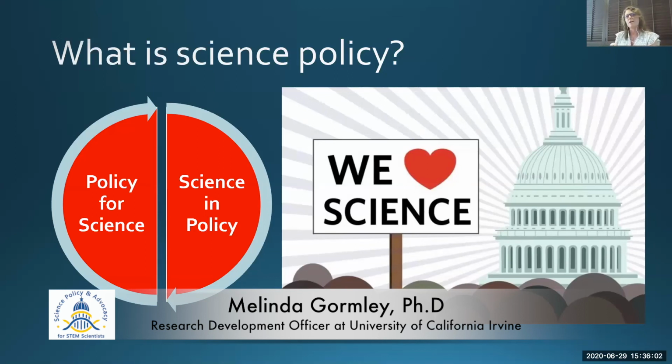Science in policy, the other side of it, this is where a lot of people, when they think about science policy, this is what they think about. They think about wanting to use science to inform policy. So this involves evidence-based decision-making. It's, for example, you want to have an impact on legislation and regulations, and you have a particular topic that your science deals with, whether it's climate change, space exploration, AIDS research, cancer research. There's something that you know based on your expertise and your research that you would like to share with policymakers. And that's the science in policy side.